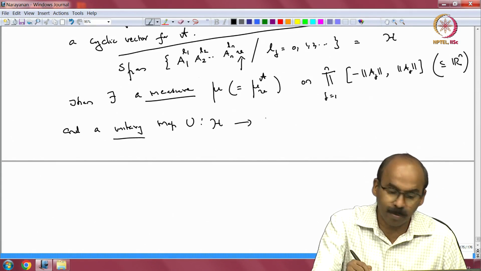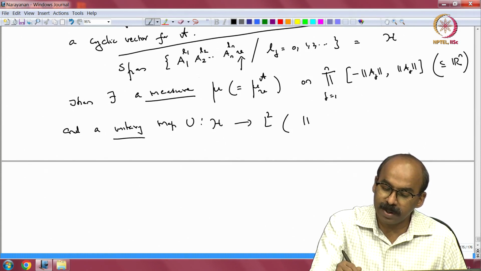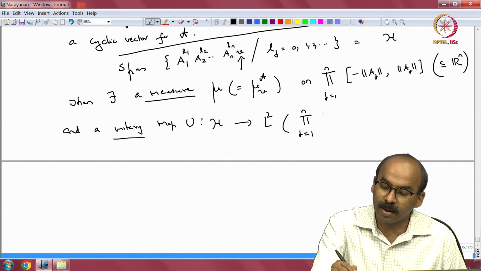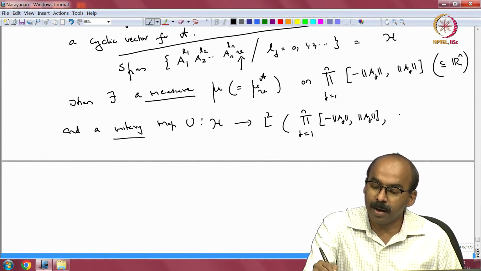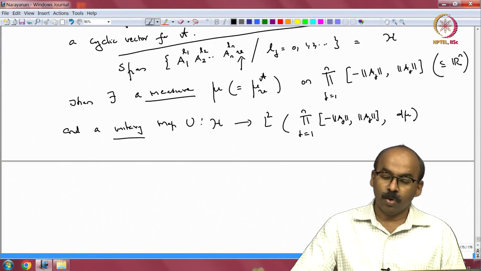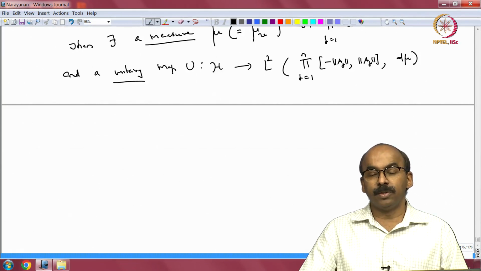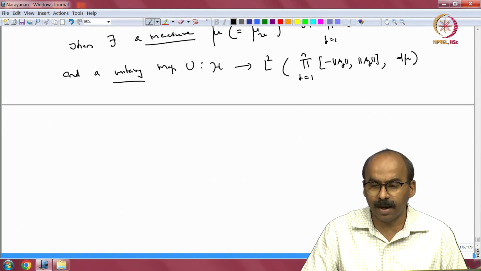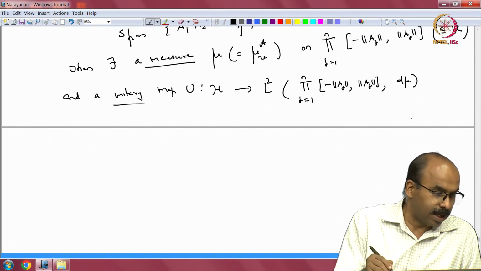That would be L2 of the product space or Rn, it does not matter because the support is in that product space, the product over j equal to 1 to n of [-norm Aj, norm Aj], d mu. So, we have this huge Hilbert space H identified with L2 of this product of intervals, which is my set sitting inside Rn, with respect to the measure mu which we can construct